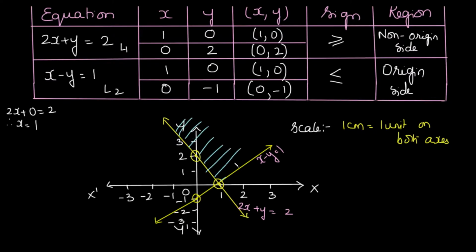So this region becomes the common region. And so our solution lies in this particular region. It includes only this region. It does not include any other part of the graph. It includes the lines, parts of the lines which are coming in this region as well as this particular region. So thus our feasible solution is shaded over here, and thus we get the shaded region as the feasible region.